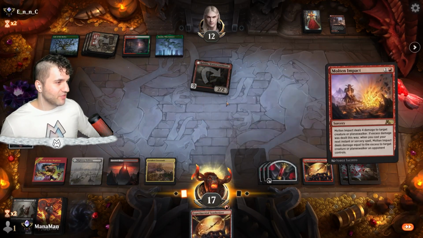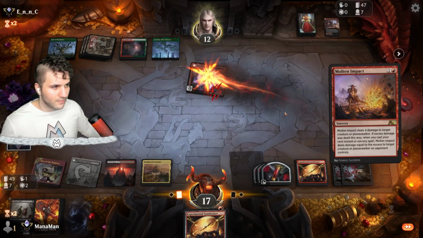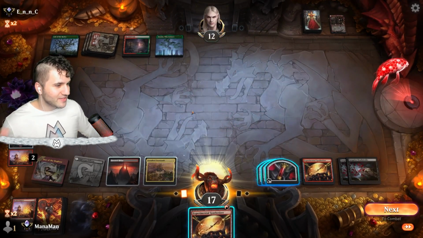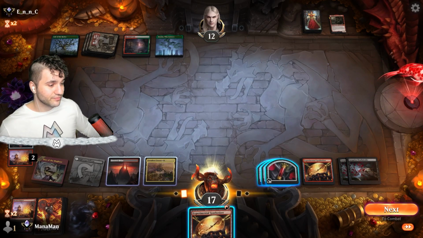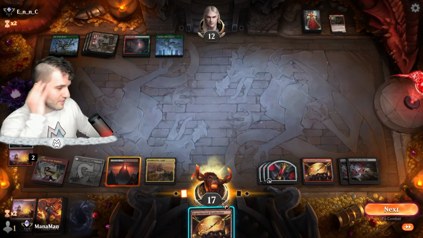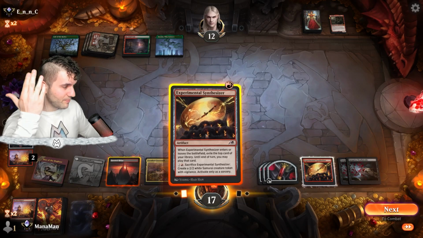Okay, well, we're going to have to just Molten Impact this thing. Hopefully they don't have another werewolf that they can swing in too quick. Because Rahilda does not even have to be on the battlefield, which is really scary. So this is the problem with the Synthesizer. This is kind of where it's not good. Because you play it, and I'm not going to be able to... Unless it's a land...